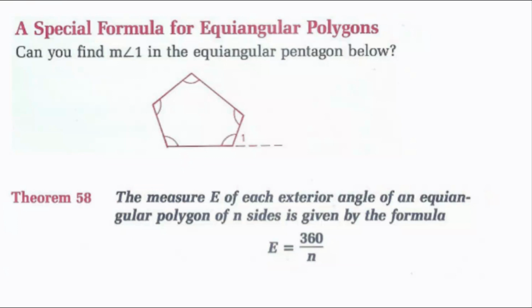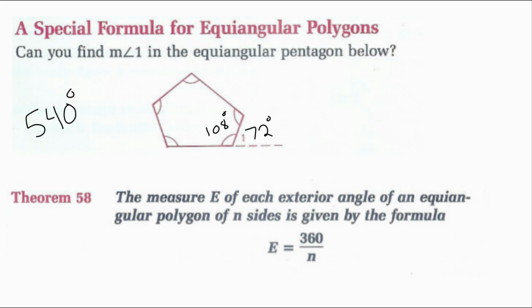Notice in my diagram I have an equiangular pentagon. I know a pentagon measures 540 degrees when I add all my angle measures. That would mean, if it's equiangular, each angle measure is 108 degrees. Now an interior angle and an exterior angle are supplementary, so that means angle 1 would be 72 degrees. And if I have an equiangular pentagon, that means each exterior angle would be 72 degrees, which leads me to